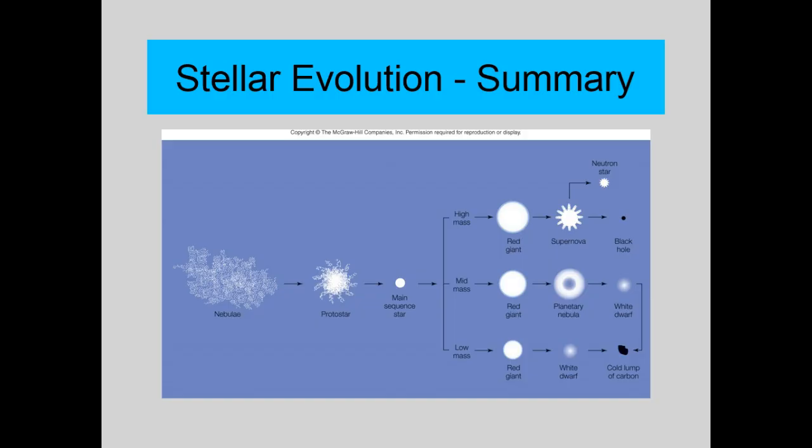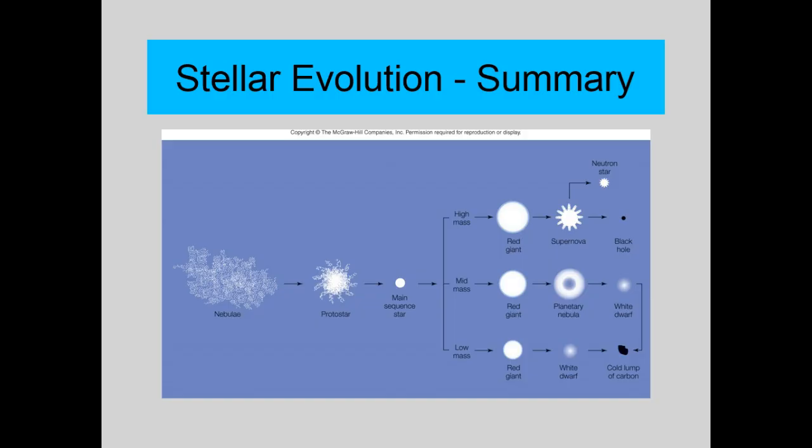Now let's go to the high mass stars. When they go through this, you talk about a major sized red giant. Yeah, you got a huge red giant there. And when they collapse on themselves the last time and then fuse into the higher elements, you have a massive explosion, and that's your supernova. The supernova sends out huge clouds of gases out there, and later they will probably form another star. Okay? But that's your supernova, that's for the high mass stars.